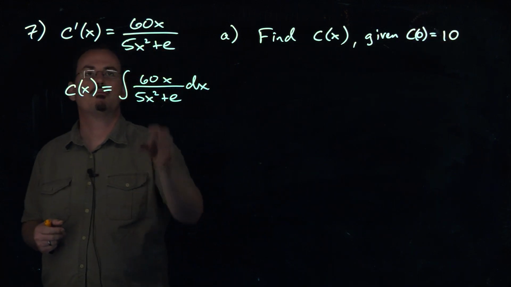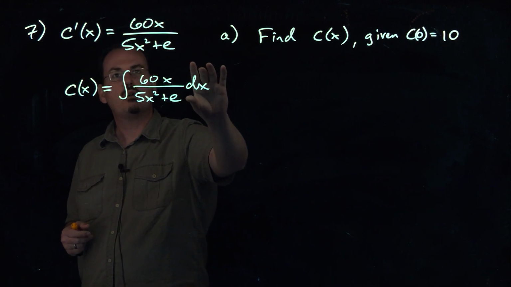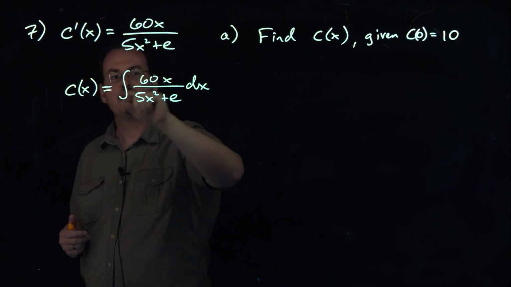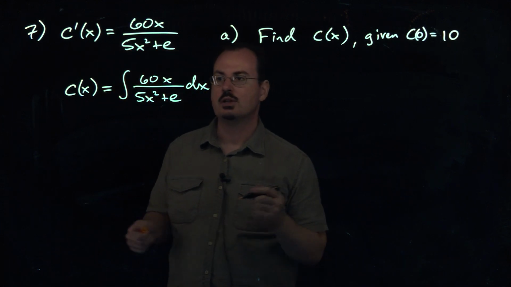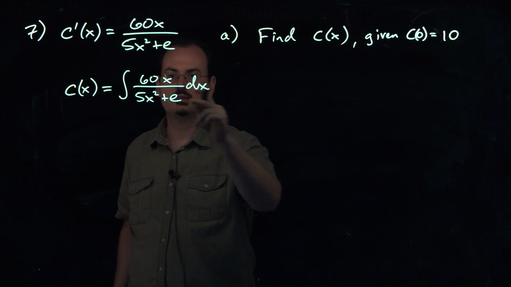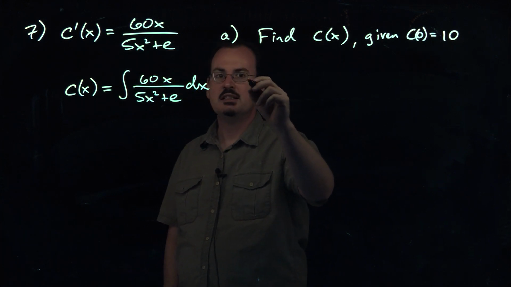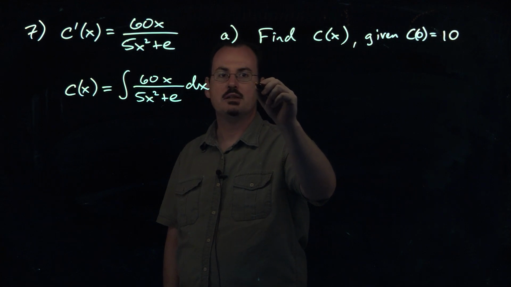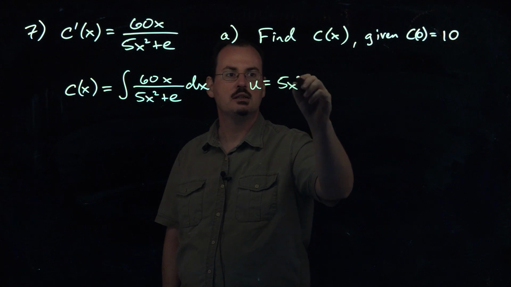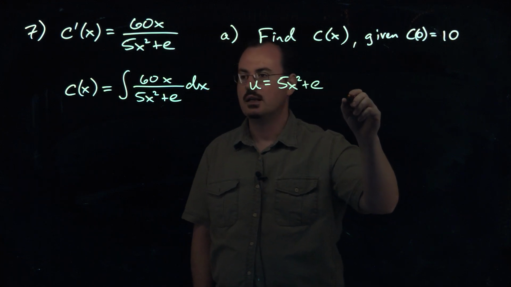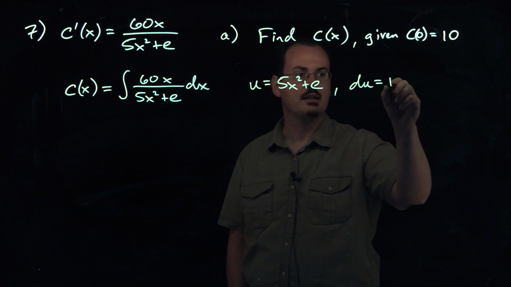So really what we're doing here is we are told a derivative and we would like to find the function. How do we find the function? If we know the derivative, we find the antiderivative. So that's what we've been doing. Okay? So to do this particular integral here, or antiderivative, use those words interchangeably, we'll let u be the denominator. So we'll let u equal 5x squared plus e. And we'll let du, well, that means that du then will be the derivative of that, which is 10x